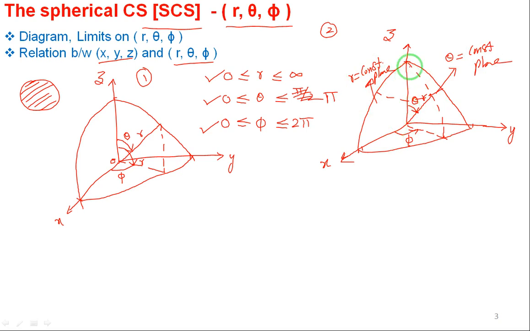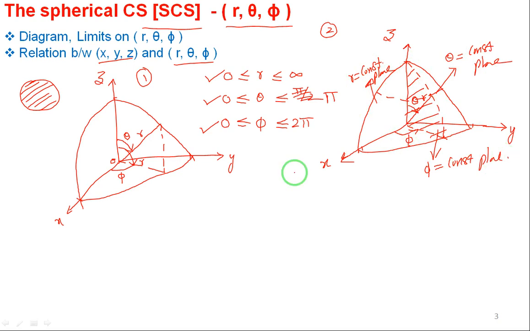Then phi equal to constant plane, this one, see here, this dotted line. I will draw the lines here so that you will understand. This plane is making angle phi with respect to x axis, so phi equal to constant plane. Three planes we have identified, phi equal to constant plane,